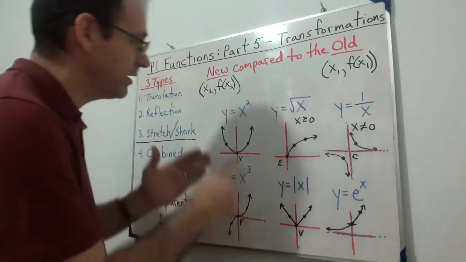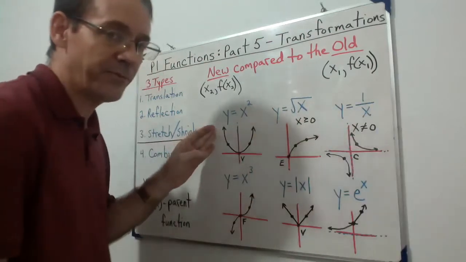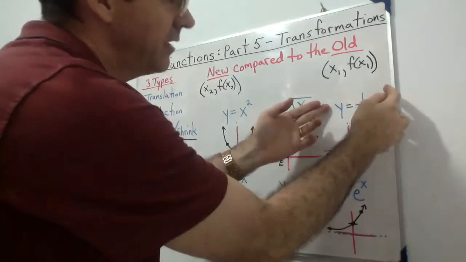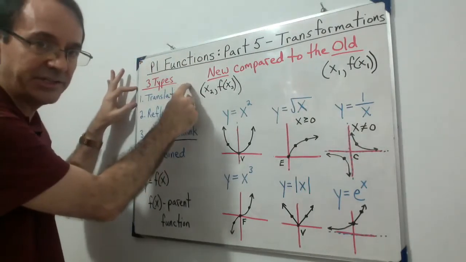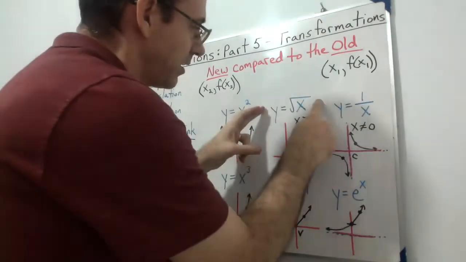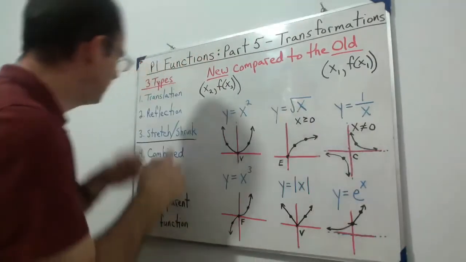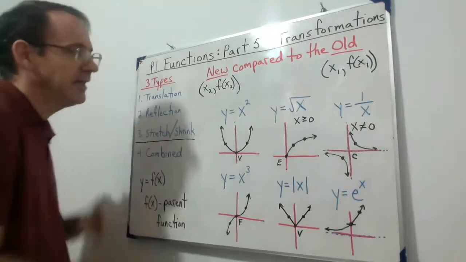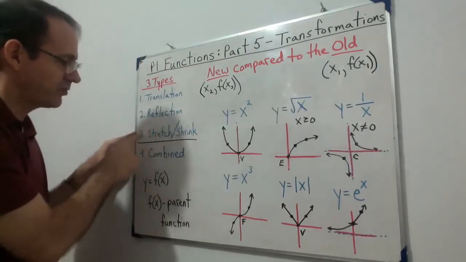So I'm going to focus on these 3. These 3 will be the most helpful. I'm going to use the reciprocal function to illustrate translations. I will use the square root function to illustrate reflection, and I'll use the quadratic function to illustrate what's called